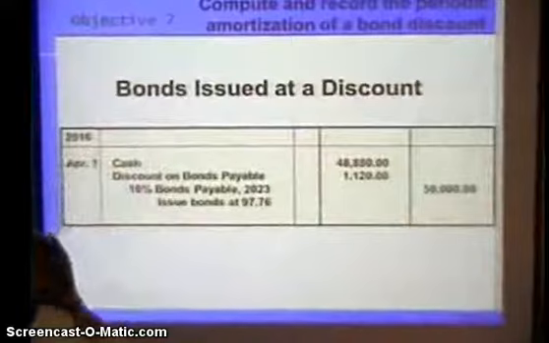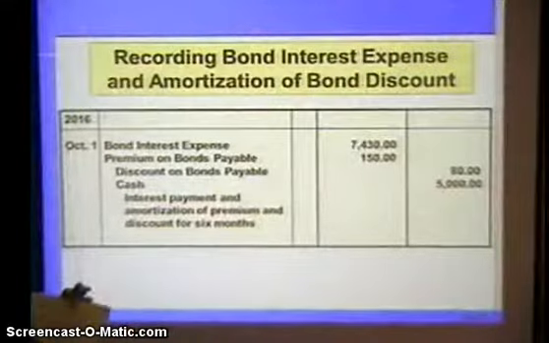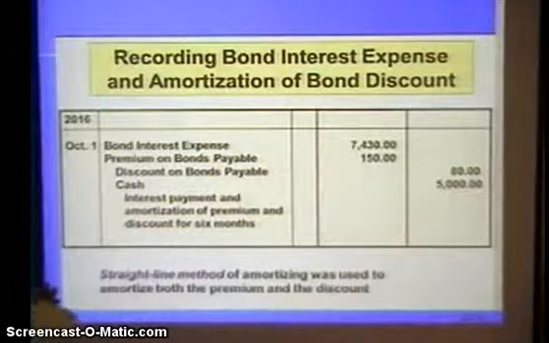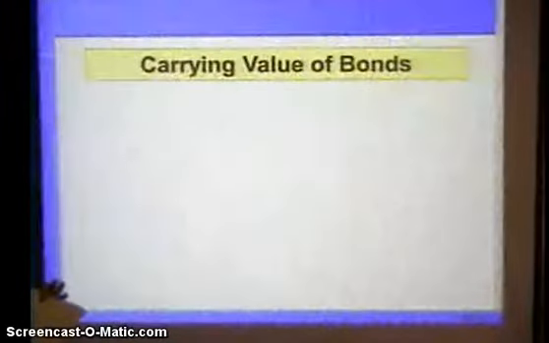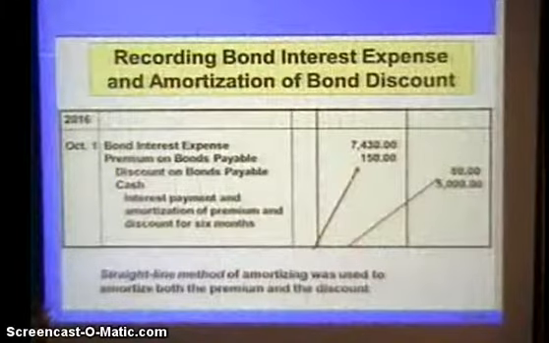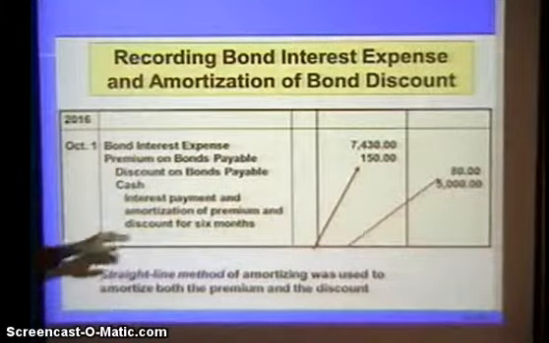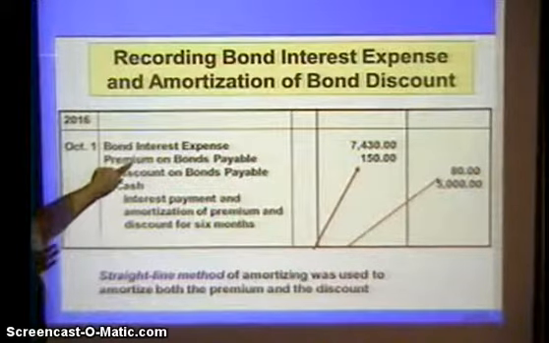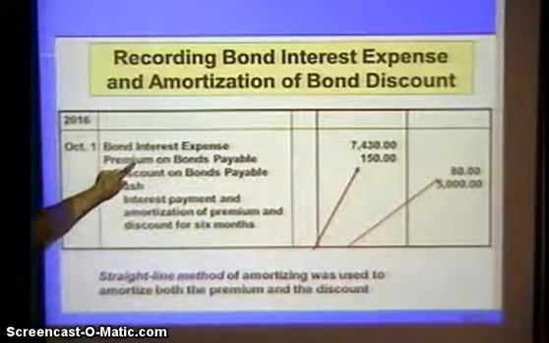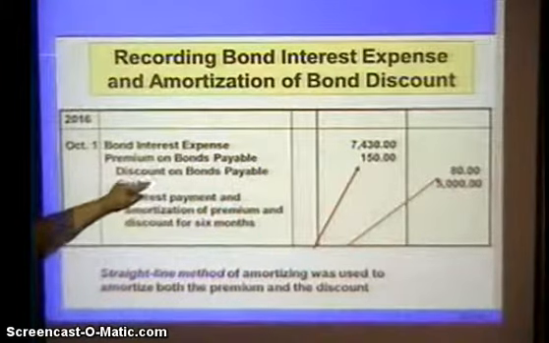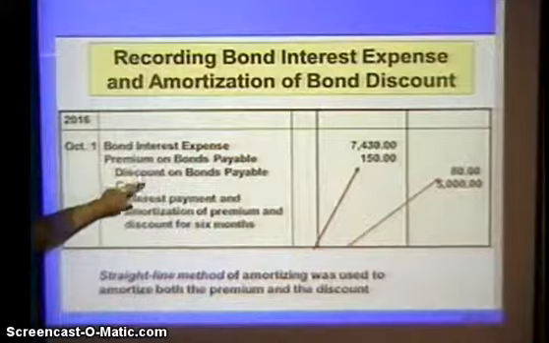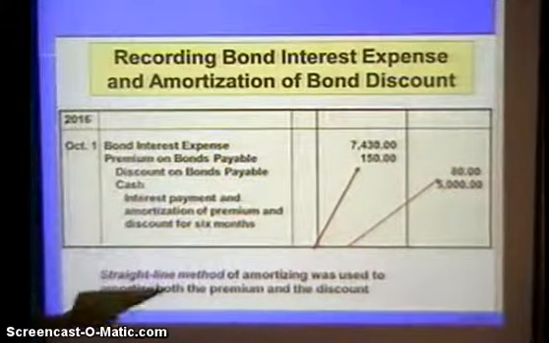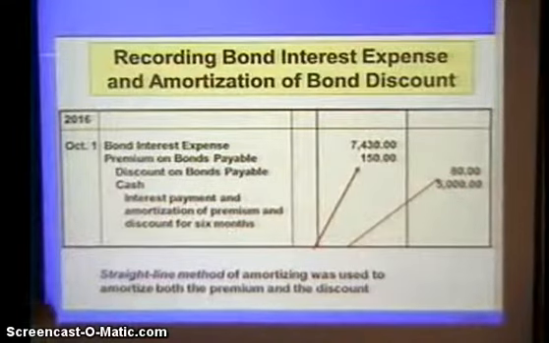All right. This may cause you to have to look back and figure things out too. But when we do our amortization, they amortized it just the same way. Only thing is, in this case, you're going to have your bond interest expense, your premium on bonds payable, because they're showing you the whole ball game. Because this is for a bunch of bonds, not just one. You got some premium on bonds payable, you got a discount on bonds payable, so you're making your entry to adjust these accounts at the end. Right, for the whole thing, for this account.